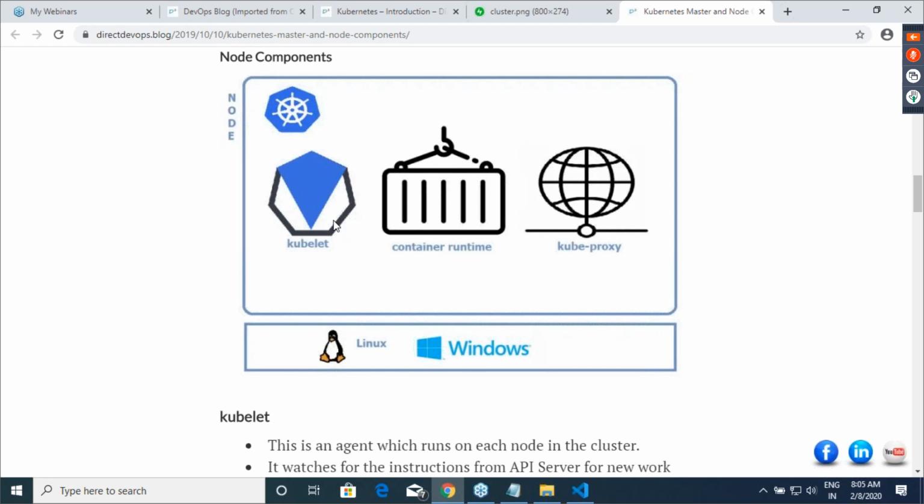So kubelet is responsible for taking instructions from master, and the container runtime is your container technology. In our case, it is Docker which you have installed. And then kubeproxy. Kubeproxy is responsible for all the networking, right? So kubeproxy has networking related activities. So let it be service discovery, let it be giving IP addresses, let it be giving DNS names, DNS resolutions, anything related to network on the node is kubeproxy's work. Am I clear on this?